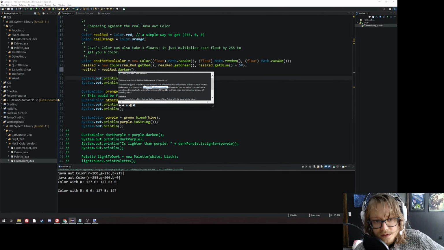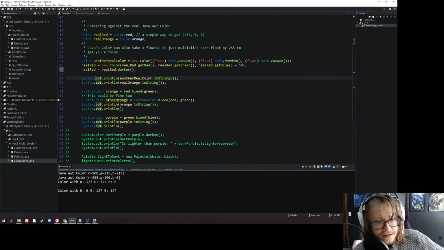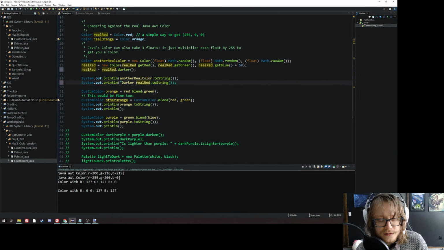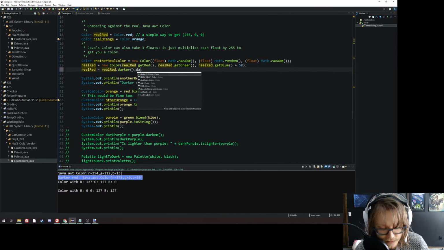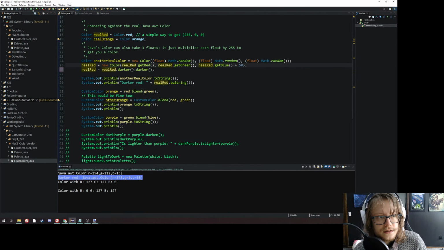Our alpha is always 255, so we don't care. Let's look at what you get. Actually, let's print that out. I'll print it out here. We'll do a little marker so it's easier to see. Darker red. Let's see what a darker version of red is. So red was 255, 0, 0, remember? Darker red is 178, 0, 35. What is even darker red? Let's go with darker. Even darker red is 124, 0, 24. So it makes all the values